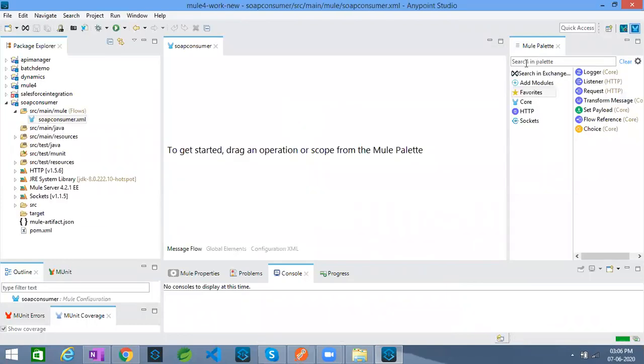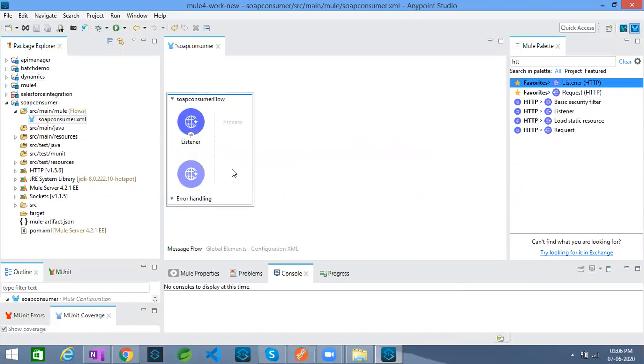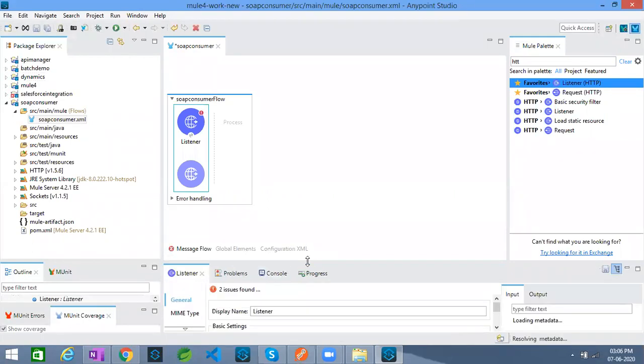Whenever we are dealing with an HTTP GET request, or if your Mule application wants to respond to an HTTP request, then we take a connector called HTTP listener. Simply drag and drop that HTTP listener, and provide the appropriate properties.